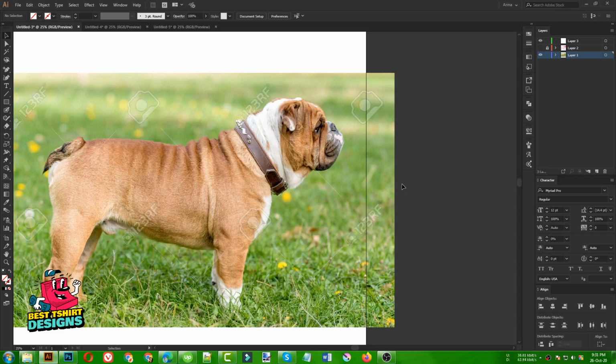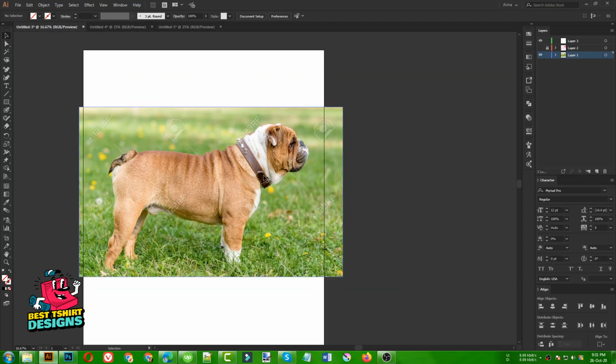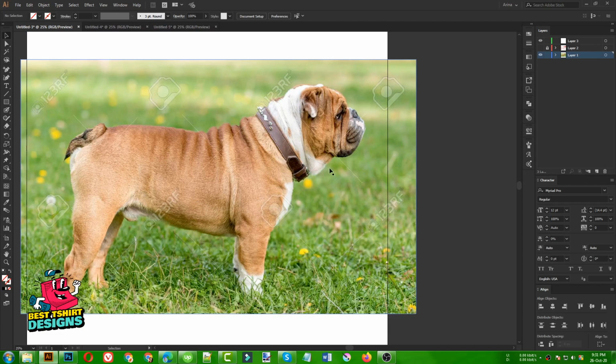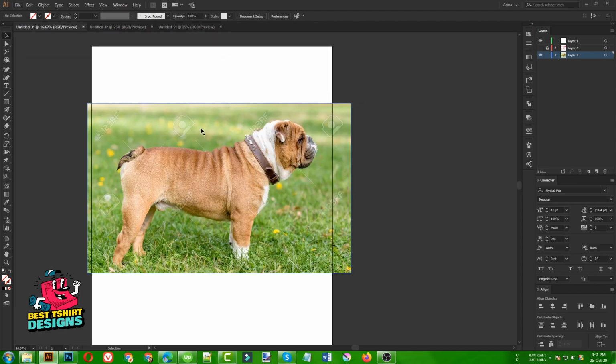Hello everyone. Today I am going to show you guys an advanced tutorial on how to make a premium t-shirt design or a trending t-shirt design. So I was requested to make a Christmas dog t-shirt design, so I showed you a design of a Christmas tree with a dog paw, but today I am going to make an advanced tutorial, and for this one I am going to use this bulldog picture here.